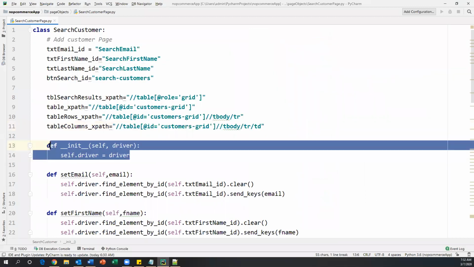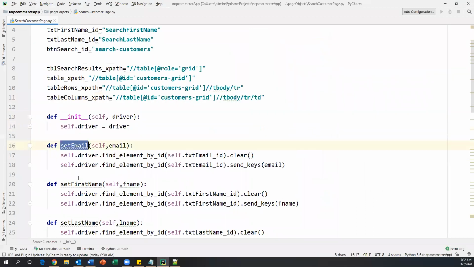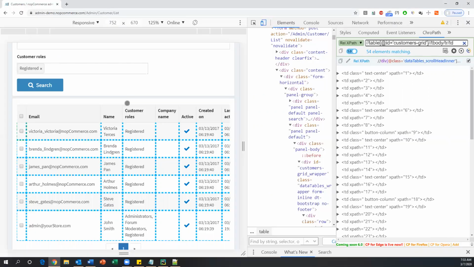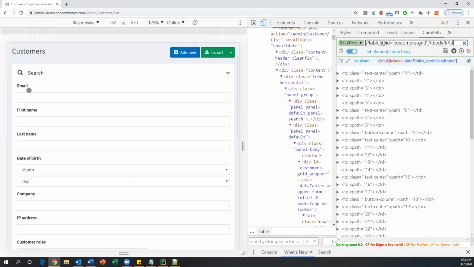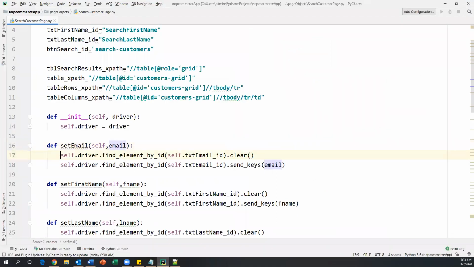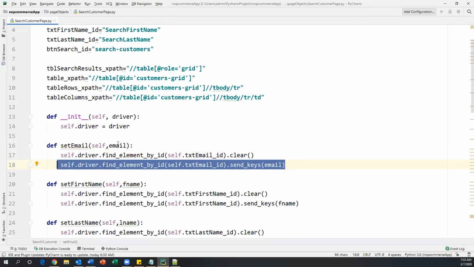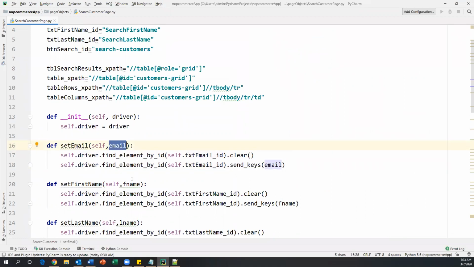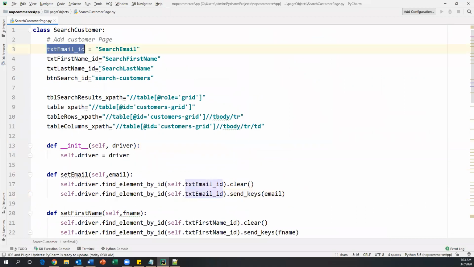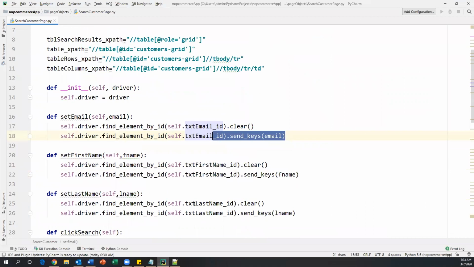And this is a constructor, and first method is set email. We'll get the email ID from the test case, and before passing the email ID into this text box, first clear it, and then pass the email ID. So here I'll say the same thing, self.driver.find_element by ID, dot clear, and then I'm passing the value. I'm getting this email ID from the test case, and here I'm locating this email ID, and then I'm passing the email ID.